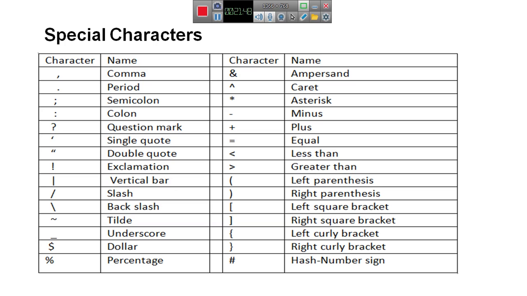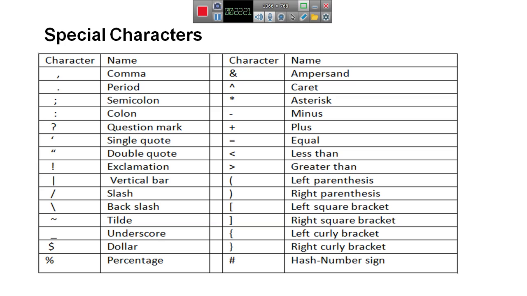The first one is comma, and the dot, that is period, and semicolon, colon, question mark, single quote, double quote, exclamation, vertical bar, slash, back slash, tilde symbol,